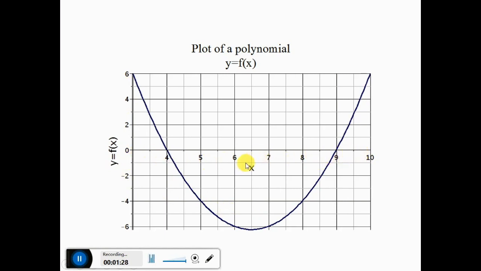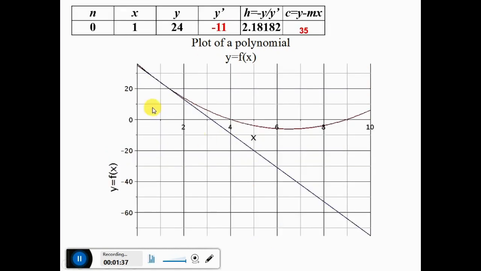Later on in the next steps I am going to change the range of x a little so that we can zoom in on the thing that we are looking for. Now in this step we are starting from 0 to 10. And here on the y-axis this is 20, the first iteration, an arbitrary iteration, x equal to 1, y equal to 24,